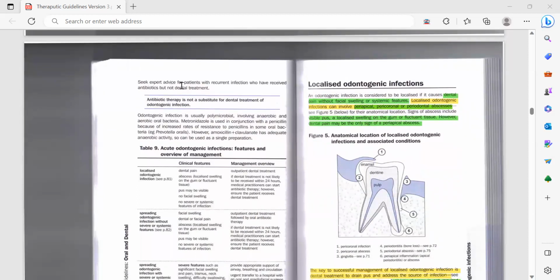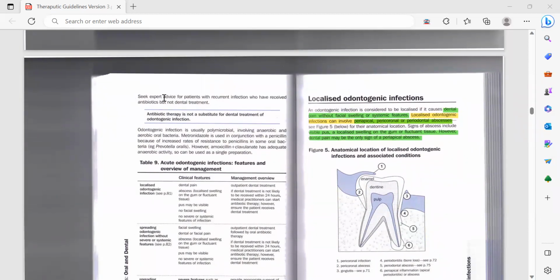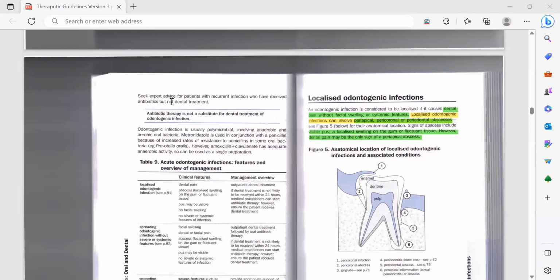Seek expert advice for patients with recurrent infection who have received antibiotics but not dental treatment. So, if the patient is coming to you and he is getting the infection again and again, so there is recurrent infection, but he has not got any dental treatment, but he has completed the course of antibiotic, then you can seek expert advice on that,